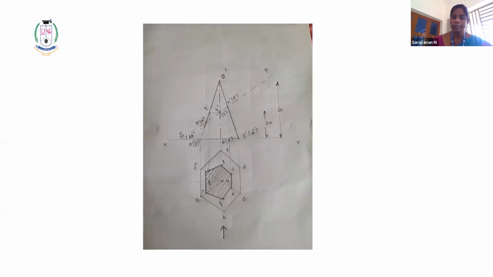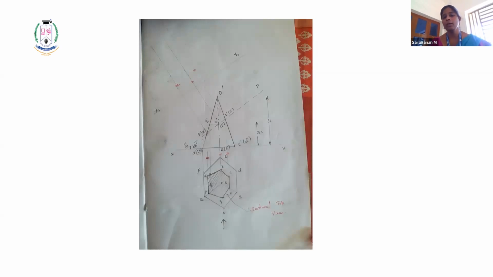So next you have to draw the true shape of the section. To draw the true shape of the section, you have to draw the X1, Y1 line parallel to the section plane. I have drawn here the X1, Y1 line parallel to the sectional plane SP. Then only you can draw the true shape. Then project all the sectional plane intersecting points perpendicular to the section plane. So I have projected the points P, Q, R perpendicular to SP. That's what is shown here. The points are projected perpendicular to SP.